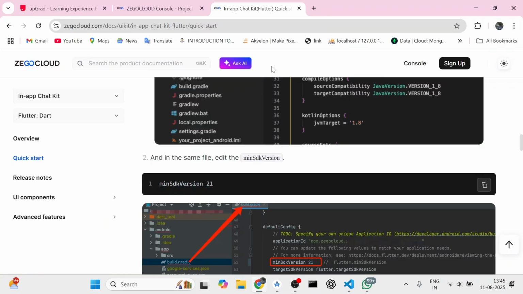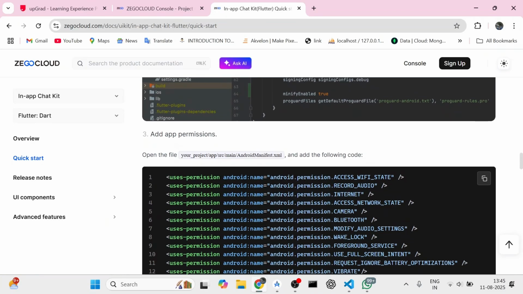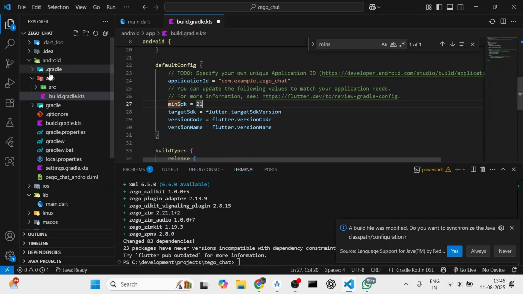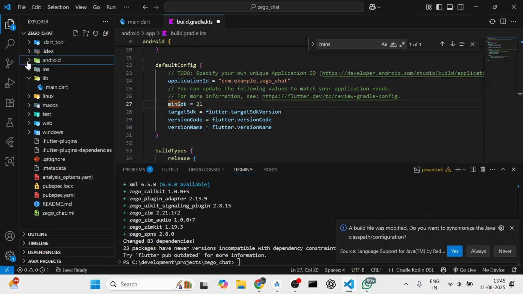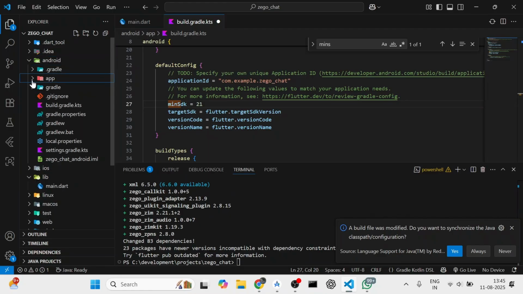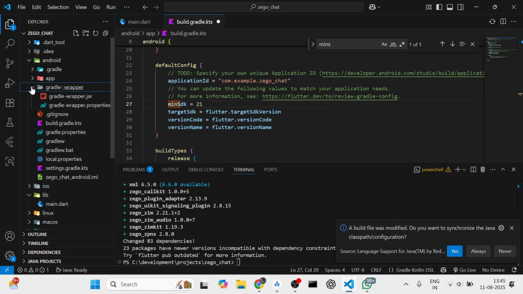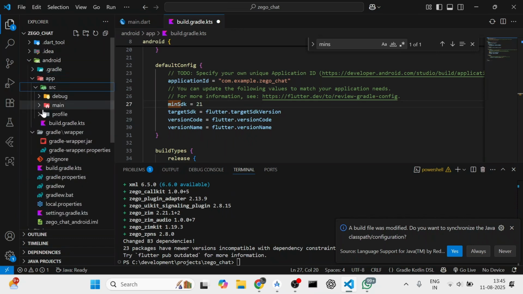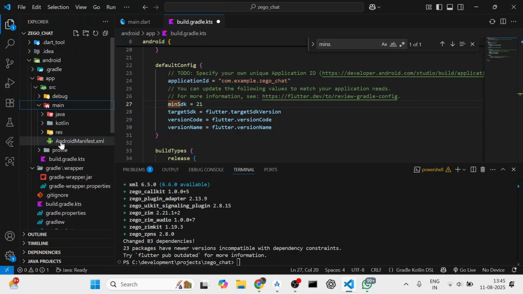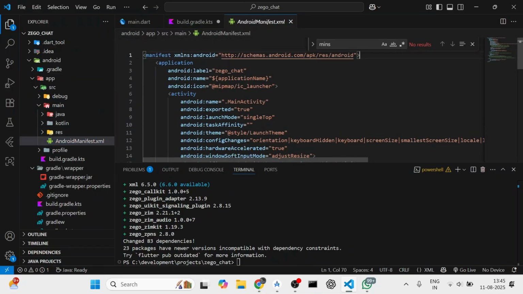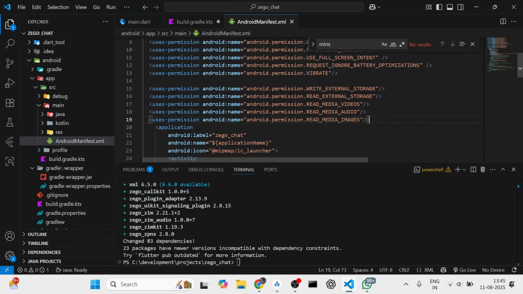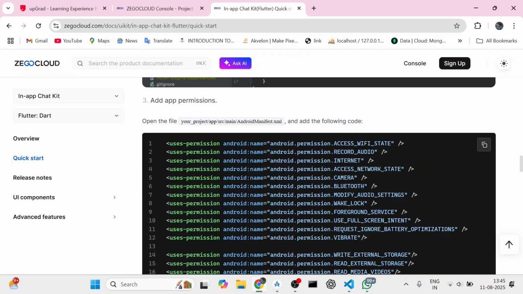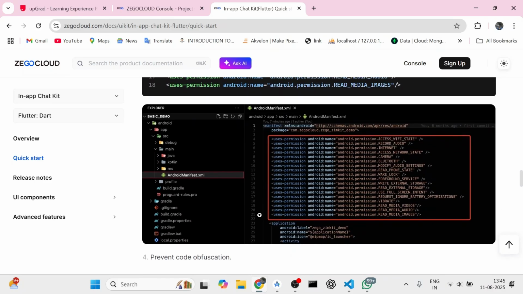Okay. The next thing that you need to do is you need to add these permissions inside your Android manifest.xml file. So in here, I'm going to add these permissions and I'm going to save the changes I made to the build.gradle. Once you've added the permissions,